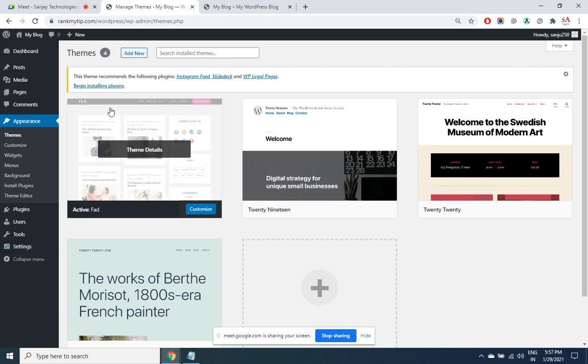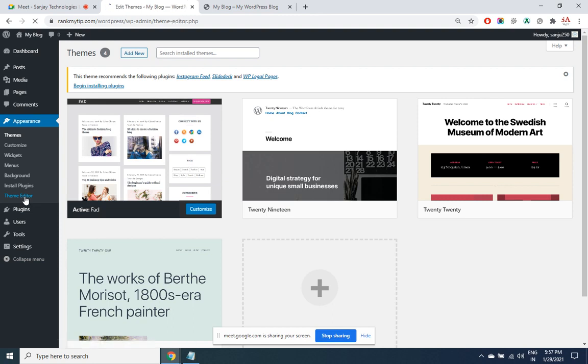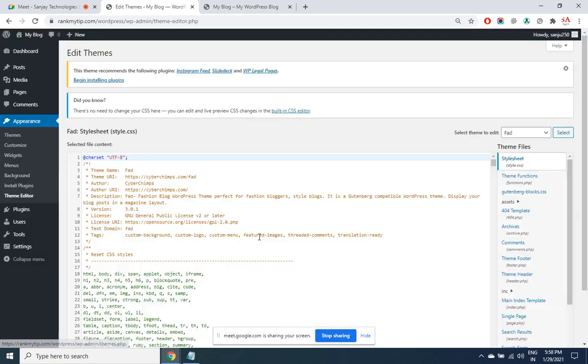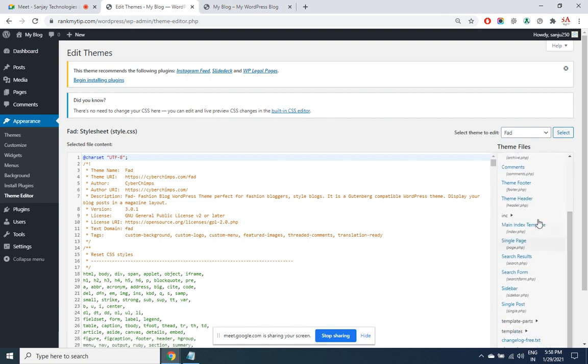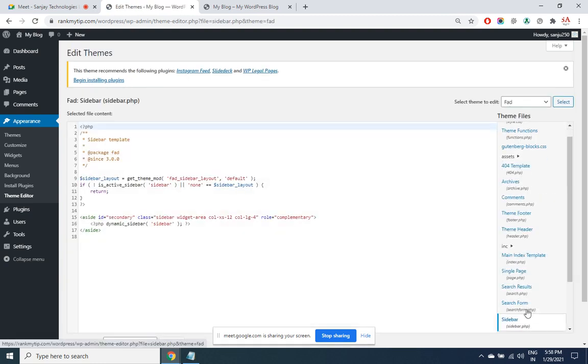Yes, but if you want to, let's say, resize these rectangle boxes, or you want to make it like this one on the left side, for all those changes you require PHP knowledge. Everything is available here. You'll have to code it in PHP. WordPress base is PHP. All the code is designed into different sections. Sidebar, if you want to work on it, sidebar.php file. Otherwise, whatever theme options are there, such as alignment and all, if you want to use them, then there's no use of going to the code at all. Some areas will work in SEO. For now, it is not required.